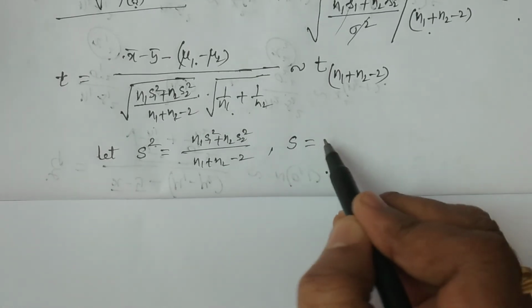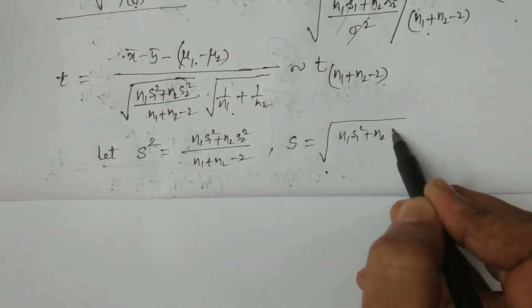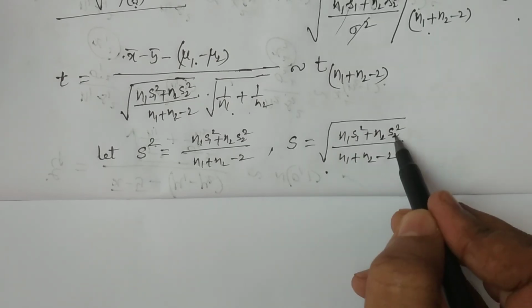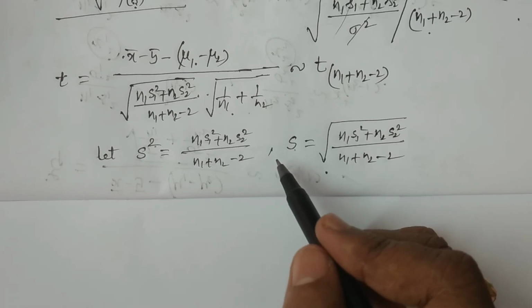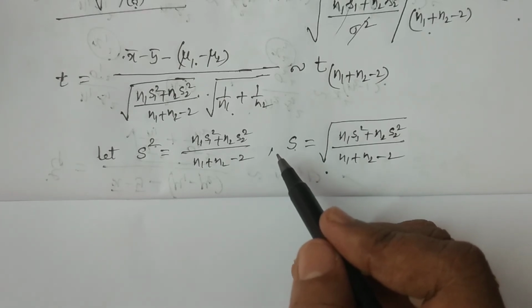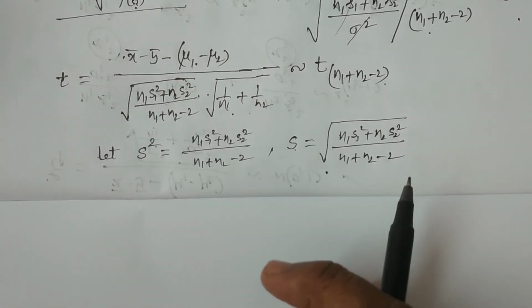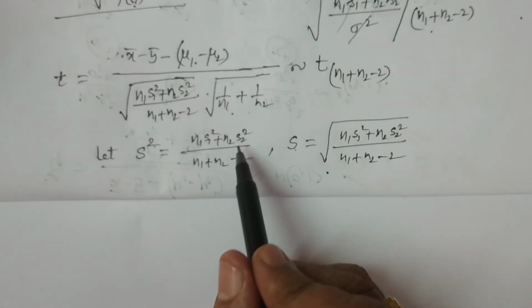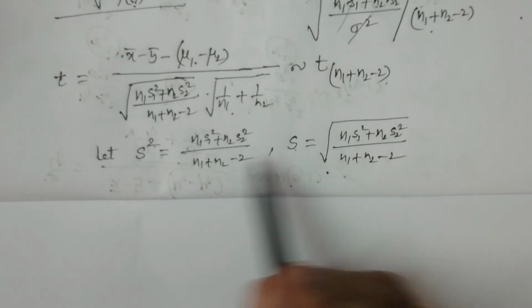Therefore, S is equal to the square root of (n1 s1 square plus n2 s2 square) divided by (n1 plus n2 minus 2). This is small s1, small s2, and this is capital S. So this is only a consideration. Remember, capital S square is only a consideration of this particular pooled variance, a pooled variance based on two sample variances, s1 square and s2 square. This is one such formula, n1 s1 square plus n2 s2 square divided by n1 plus n2 minus 2. So it is going to be considered S square.